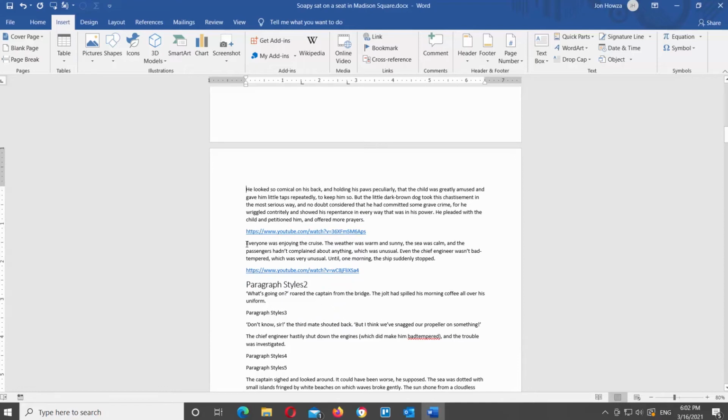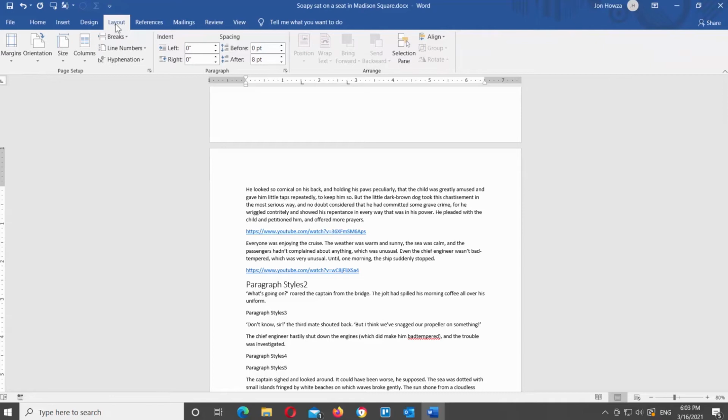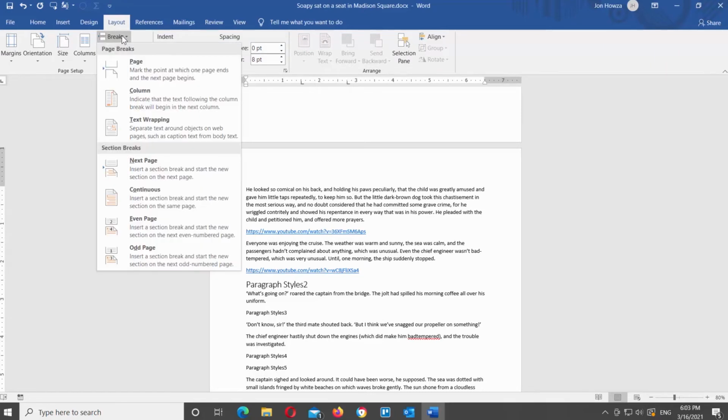The next option is a bit more complicated and has more tools to work with. Put the mouse pointer before the text that you want to move. Go to Layout tab at the top tools bar. Go to Page Setup block and click on Breaks. You will see a list of available options: Page, Column, Text Wrapping, Next Page,